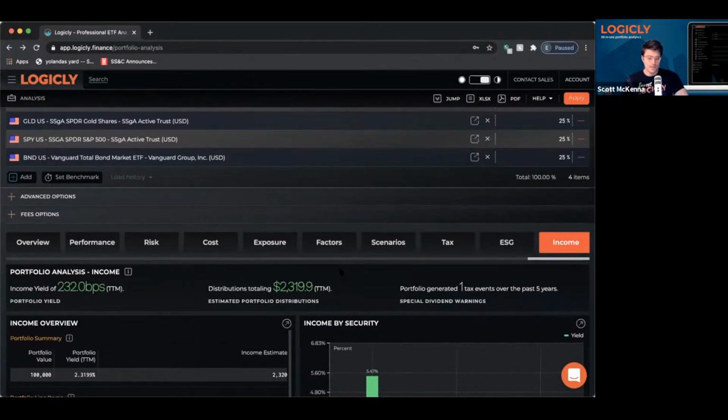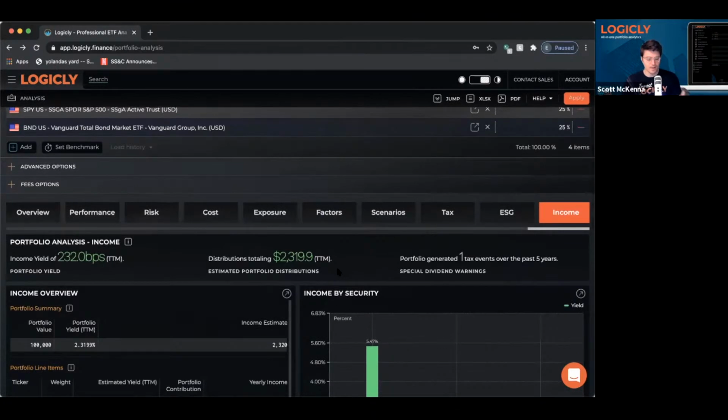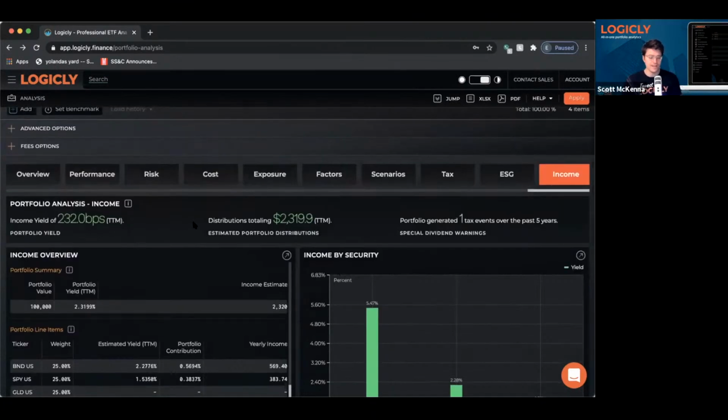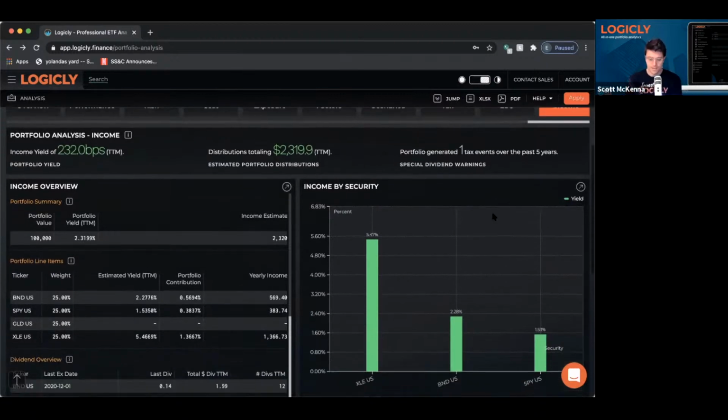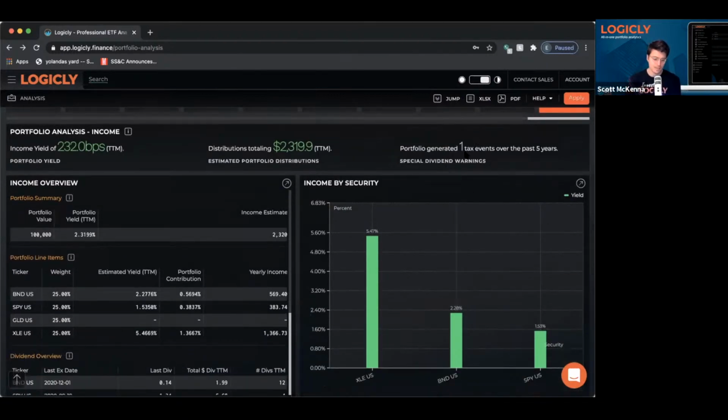So in the portfolio analysis, we break down the portfolio yield, the estimated portfolio distributions, and then we also give special dividend warnings. In this case, this portfolio generated only one tax event over the past 5 years. It's something that you definitely do want to share with your client, right? Especially if you're involved in that tax planning process. So that's a great stat to be able to use.